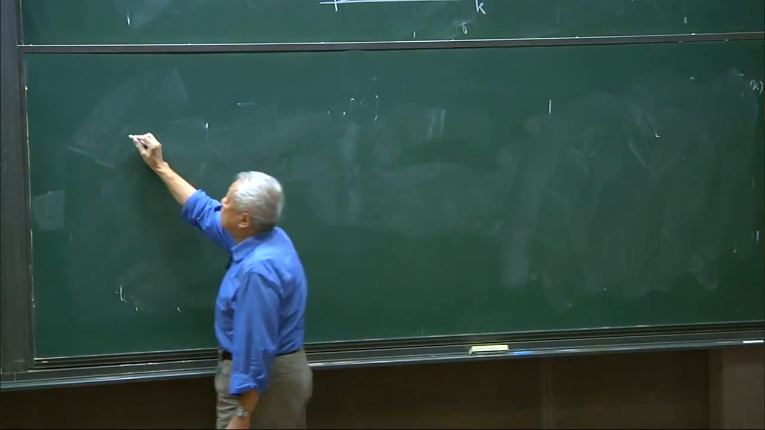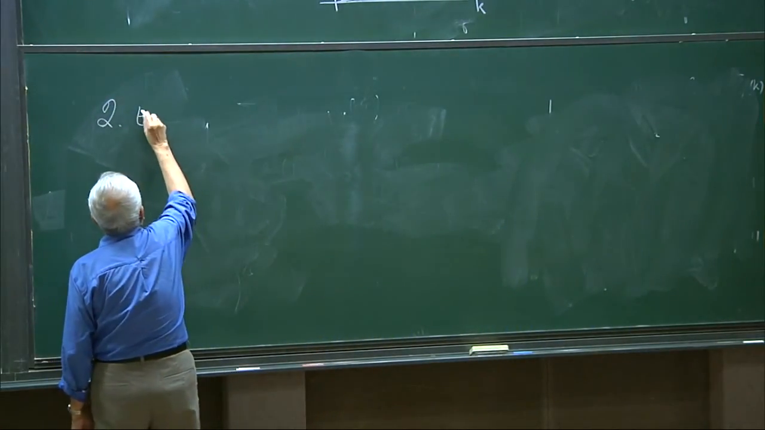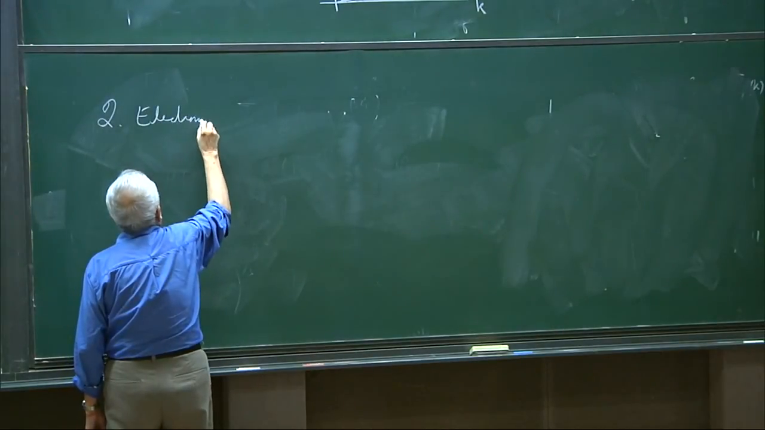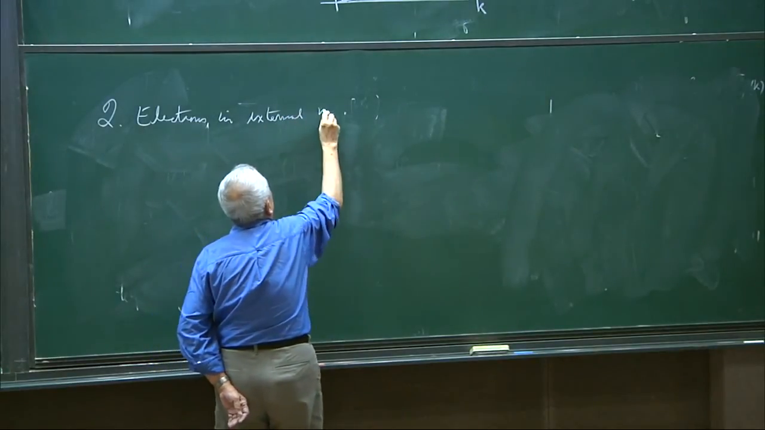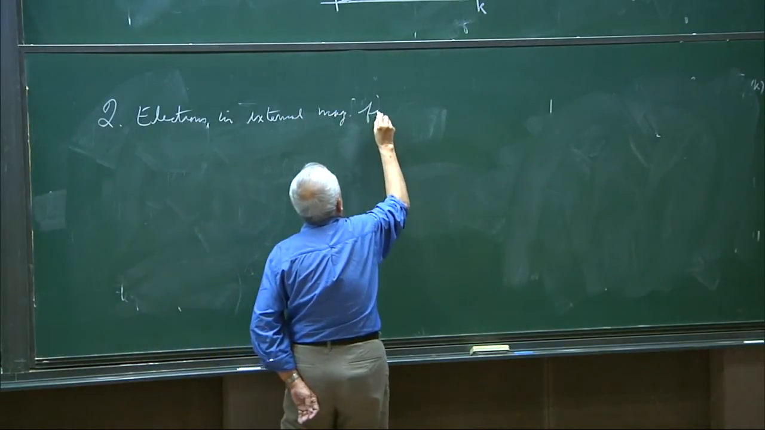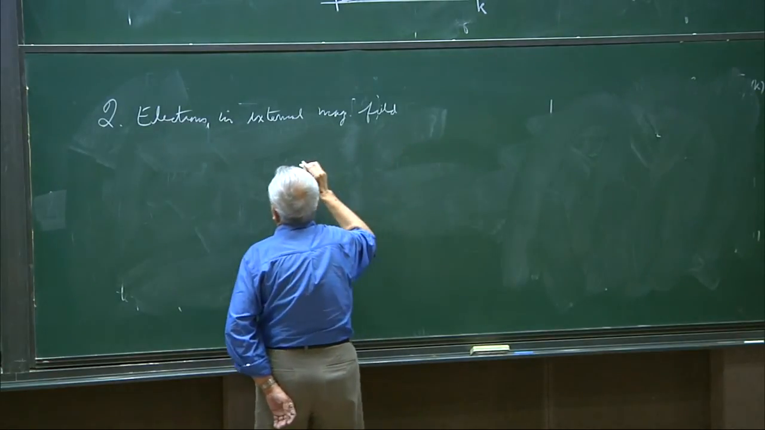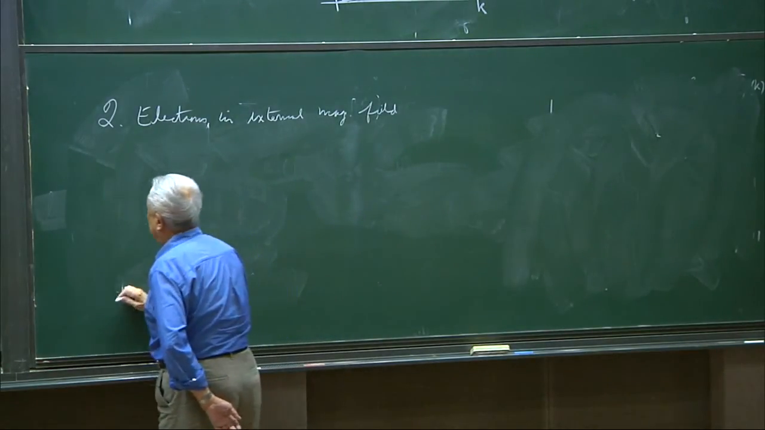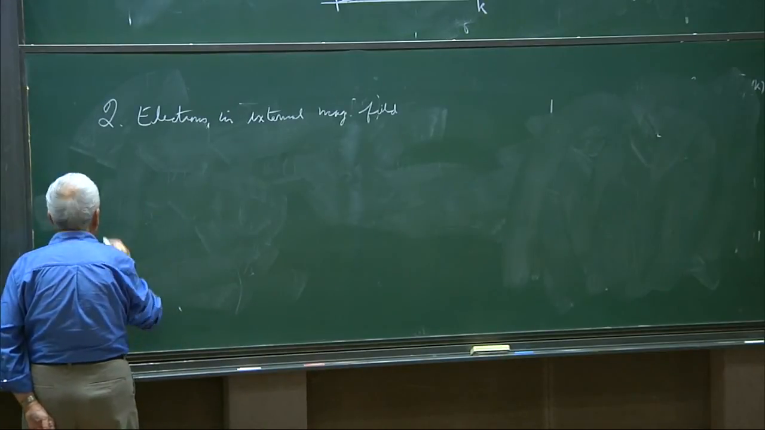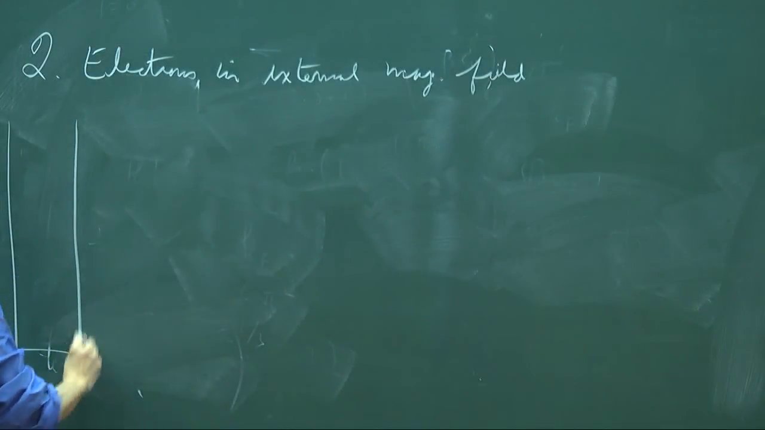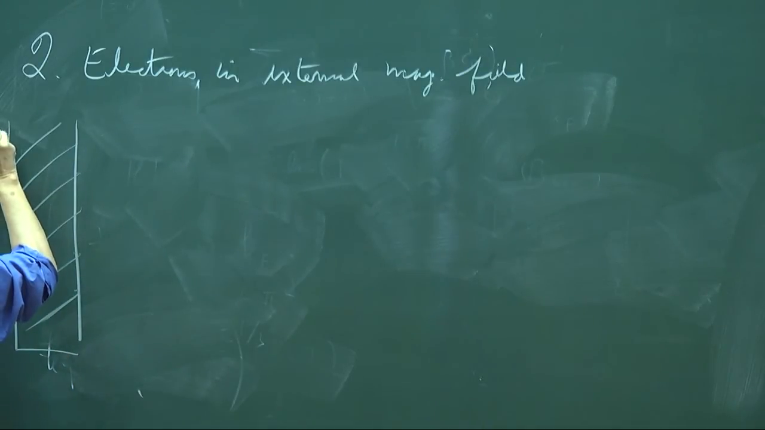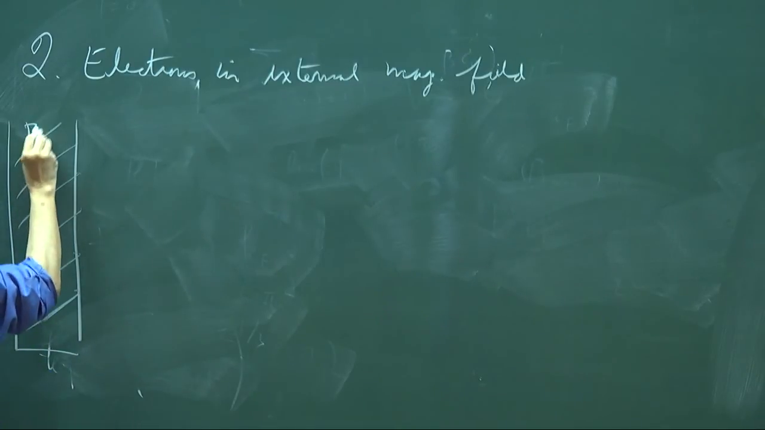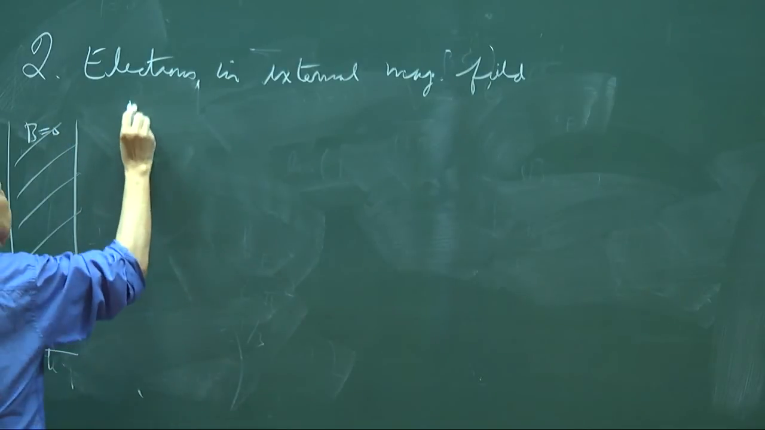The second is electrons in an external magnetic field, and these are called Landau levels. The spectrum in the beginning is like this. It's a continuum, the energy. This is for no field, B equal to 0. But for B greater than 0,